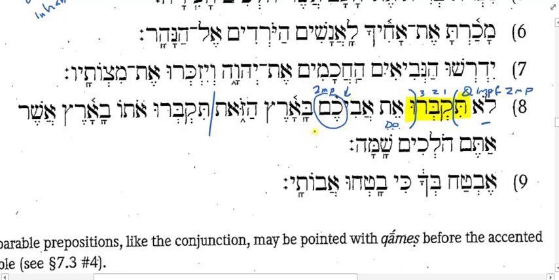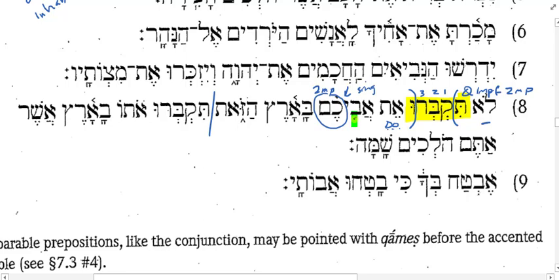So is this a singular or a plural noun that y'all have? You would expect this to be plural because of the yod before the pronoun. But we've got one little problem here. There is a hiriq right before that yod. What does that tell you? It tells you that this is a singular noun. Okay? Usually, yod before a pronoun tells me the noun's plural unless there's a single dot before the yod. If there's a hiriq before the yod, it's singular. Every other vowel before the yod, the noun is plural. Okay? So you will not bury your, how many fathers? 1. You will not bury your father.